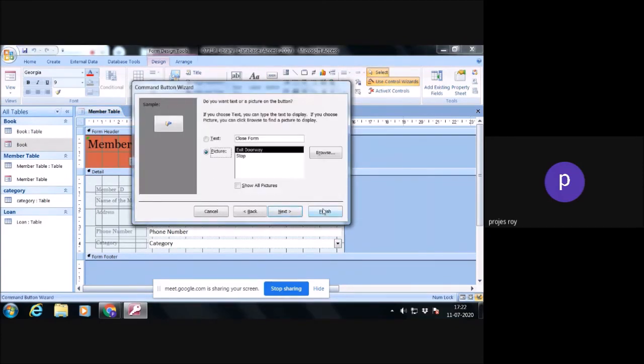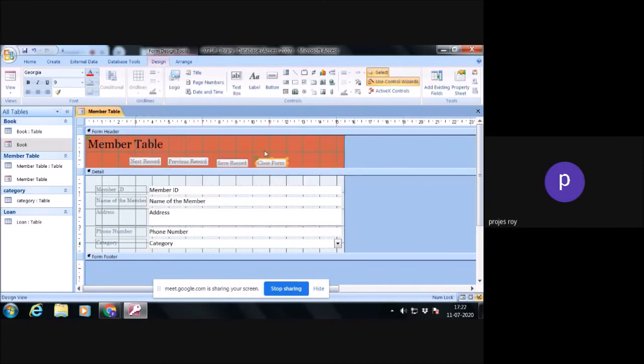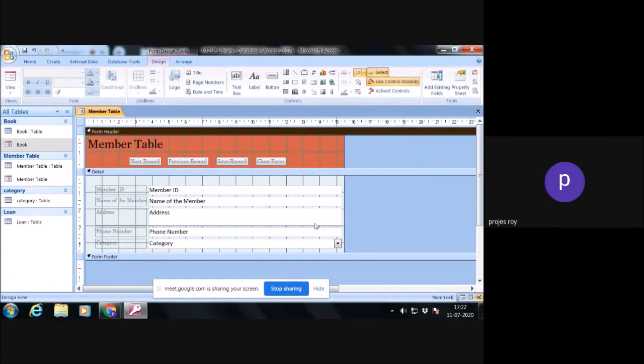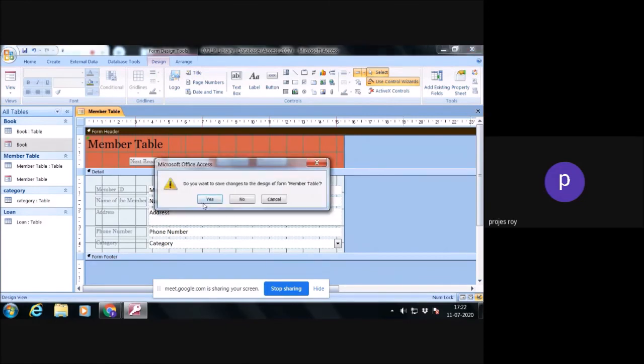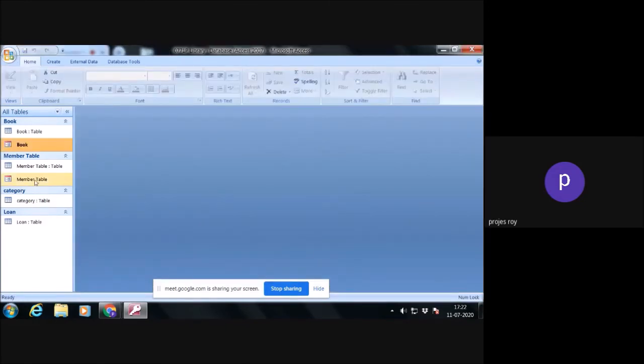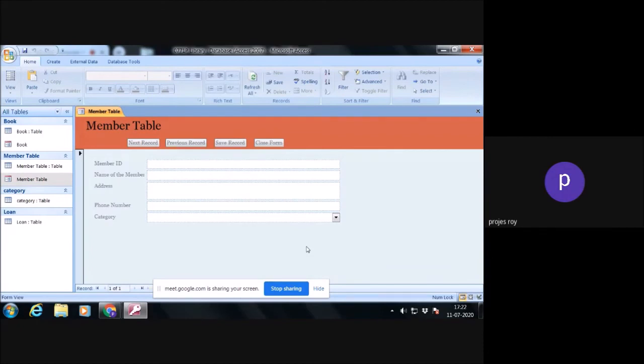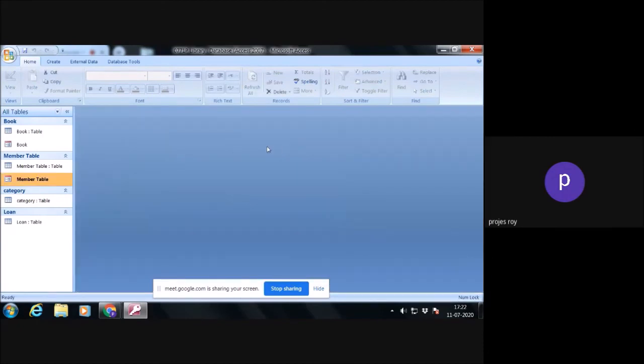Besides this, you can create as many buttons as you require for the record operation. This is up to you, but it's a very short process. And this is the way your member form is ready. Now just close the form.